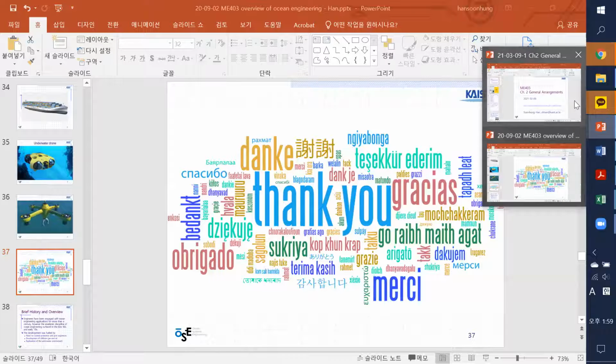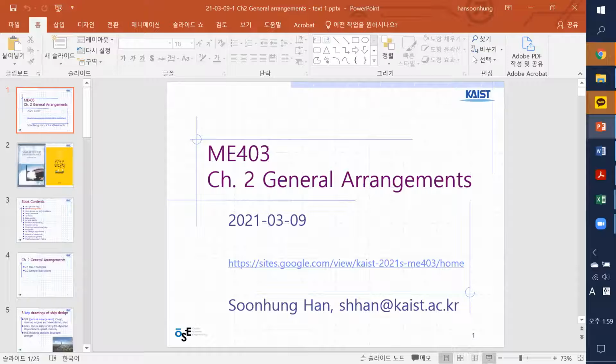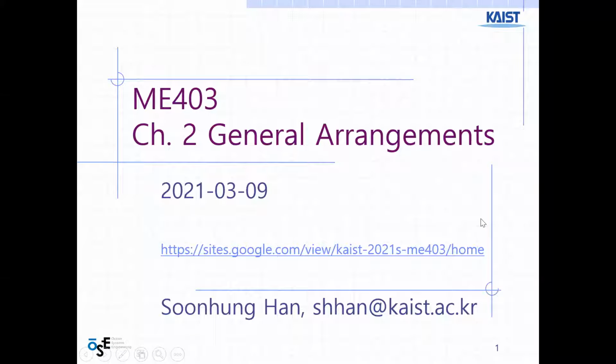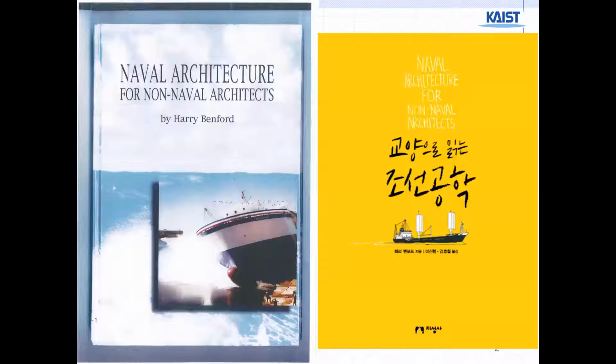All right, so here is another slide set. General arrangement. This is a first class for the shipbuilding of naval architecture. So general arrangement is the title. This is textbook 1. The left-hand side is the original English book written by Harry Bamford. I learned from him when I was at Michigan University, but I don't know whether he's still alive. He's very old now, probably 100 years old, if he's alive. And the right-hand side is